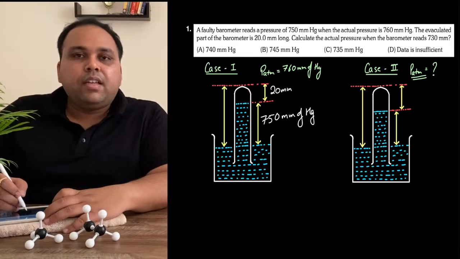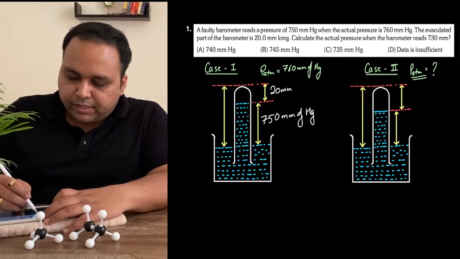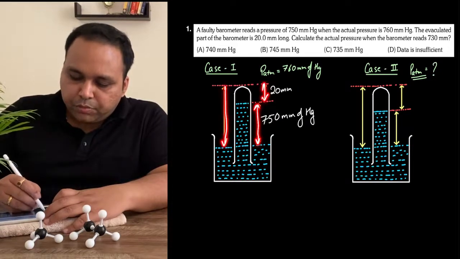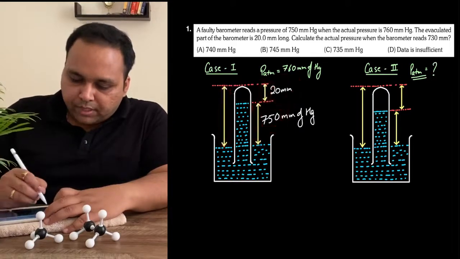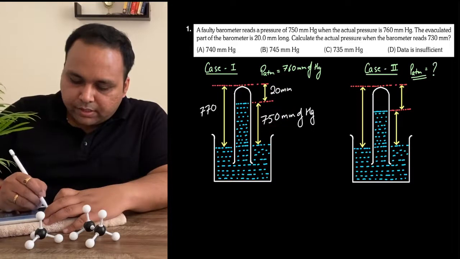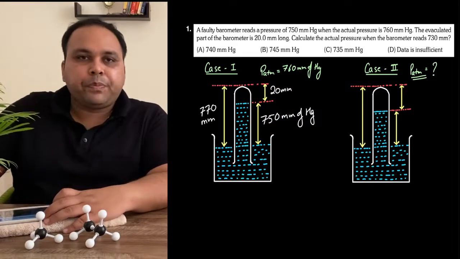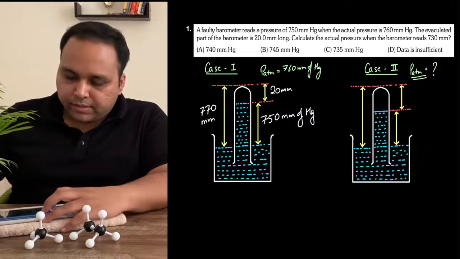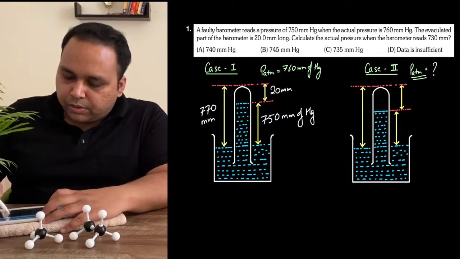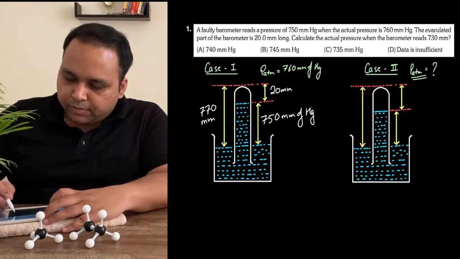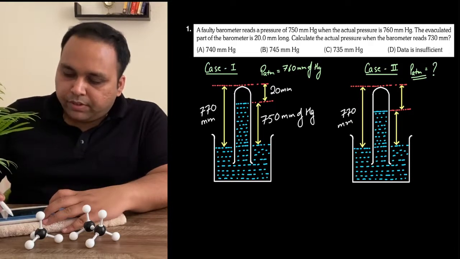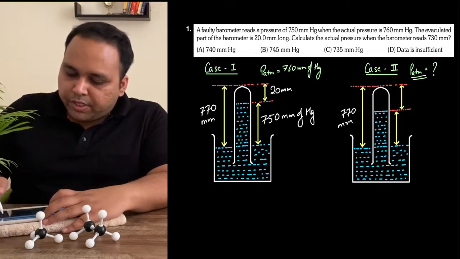millimeters as length. Now you can see that if this height is 750 and the remaining height is 20, we can mark the total height of the tube, which will be used in the next part. So the total height becomes 20 plus 750, 770 millimeters long. Now let's move on to our next case. In this second case, the total height still remains how much? 770. So let's mark this as 770 mm,